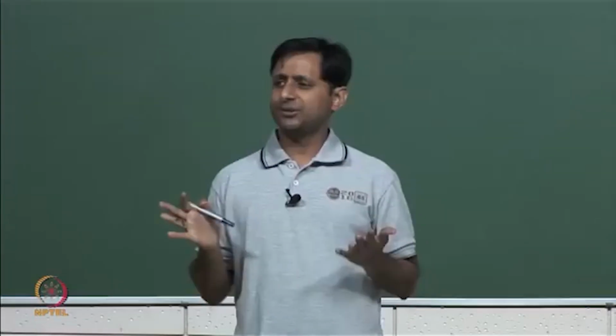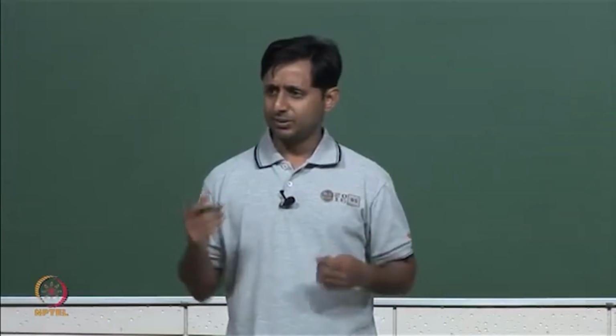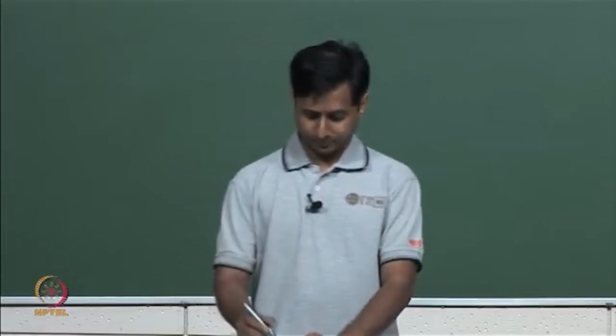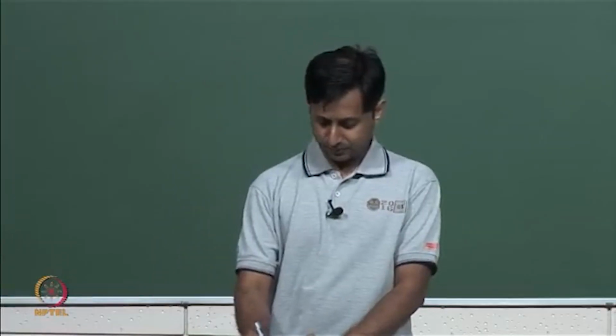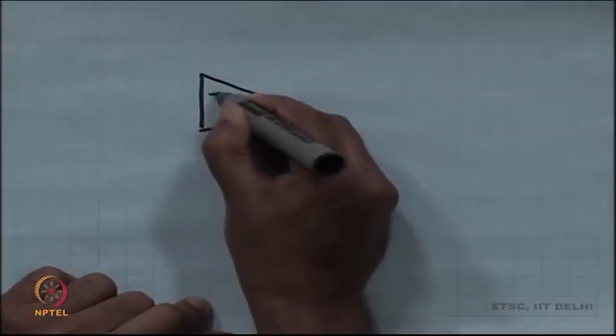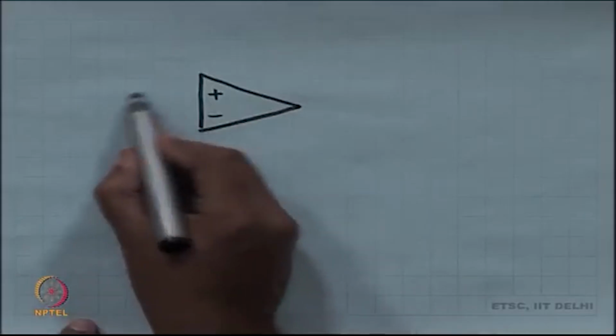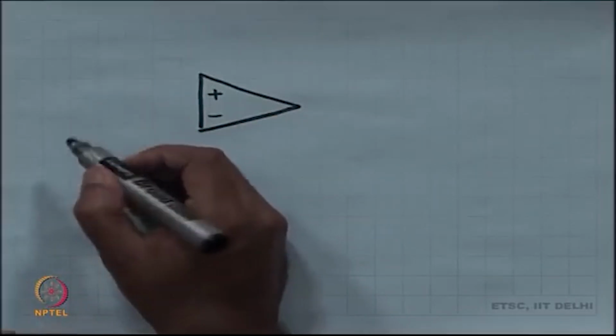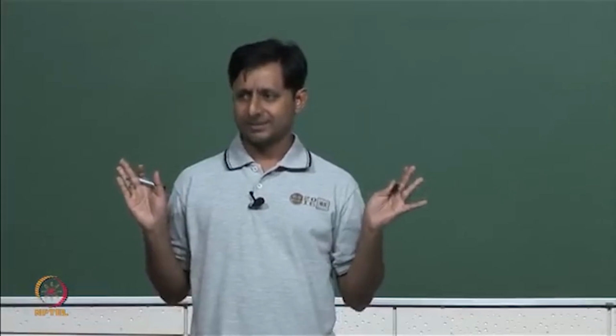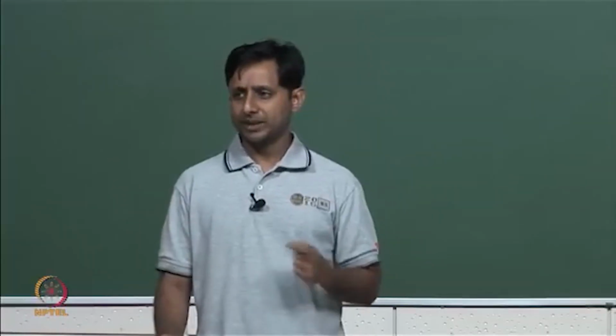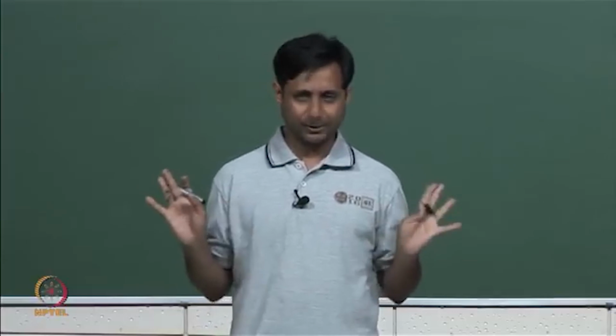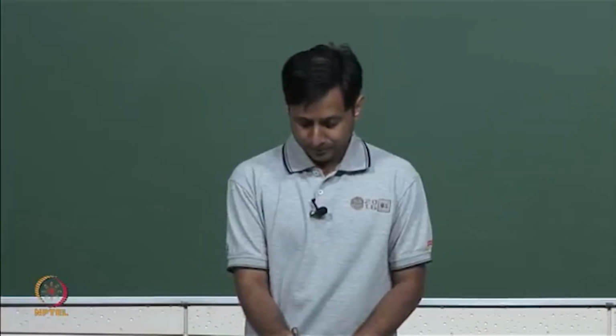One very straightforward trick is to use an op amp. So, imagine an op amp, and from somewhere I give you a constant voltage. Okay. This is not the source of power, but this is just a constant voltage. Somehow, let us say I manage to make a constant voltage, which is not a source of power, it can't generate power. Okay. A lot of people make this using a